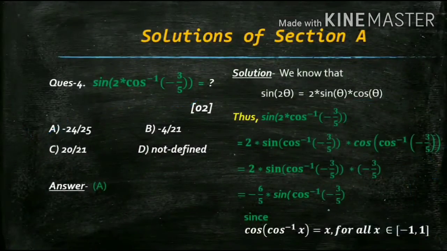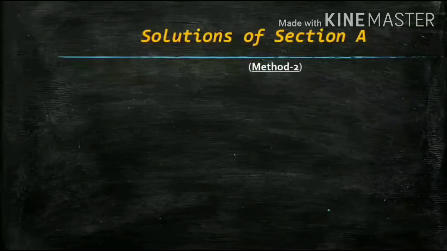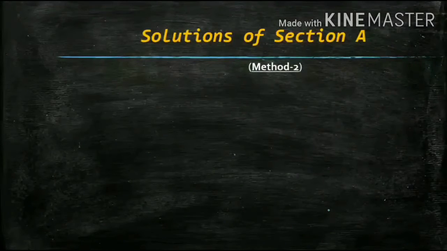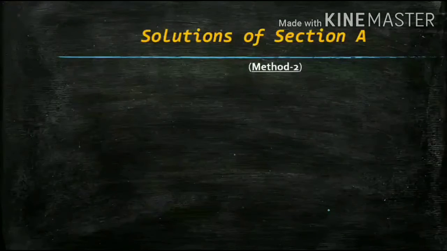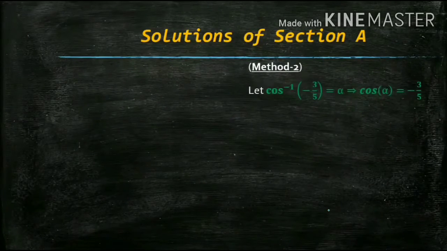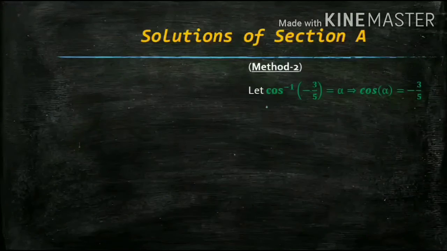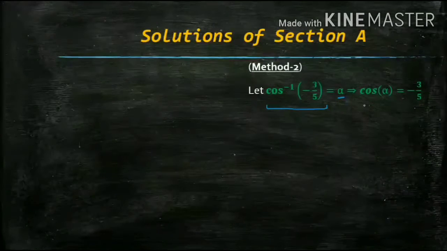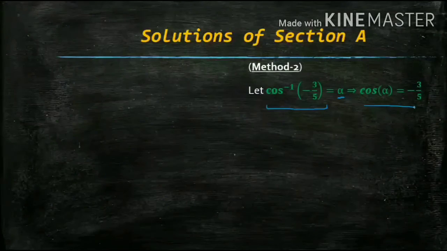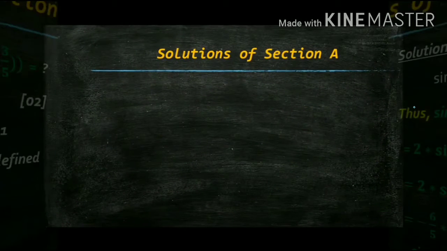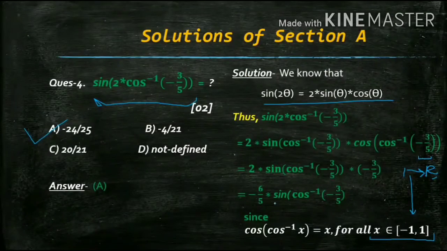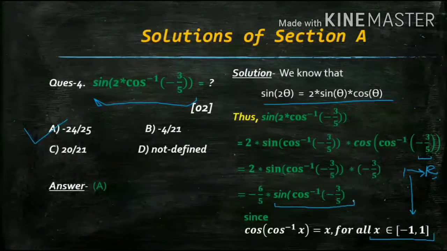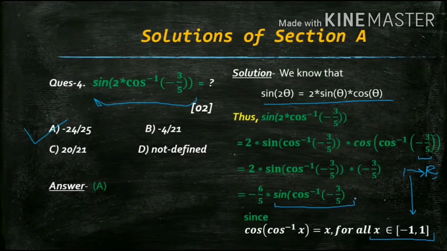Now, let's see how to evaluate this. Firstly, let me explain to you method number 2. Whatever I have told you up till now is the common method. You have common steps you have to perform in both the methods. Now how do you need to solve? I'll take the inside expression cos inverse minus 3 by 5 as alpha. Right. So then cos alpha would be minus 3 by 5. Easy. This was the expression you have to evaluate. How to evaluate this? I have told you in 2 steps, I mean by 2 methods. Okay.